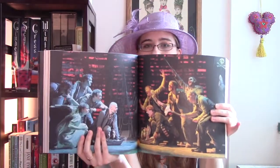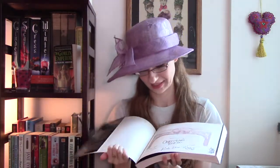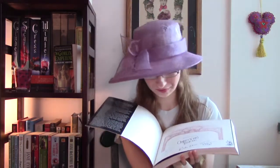The stage play was called Peter and the Starcatcher. I have this annotated script of the Broadway play. This is just a really cool book with great photo spreads. It also has some commentary and costume sketches and stuff. And I went to a book signing event for this, and I got it signed by 3 of the actors in the cast, as well as Ridley Pearson, who's one of the authors of this book, and Rick Elice, who